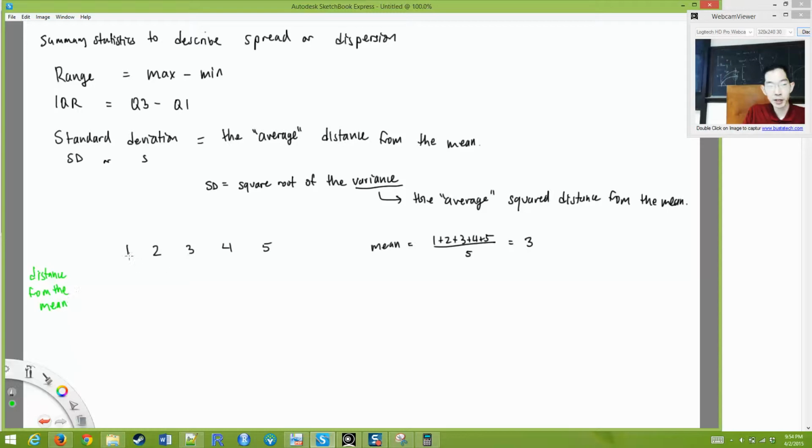Okay, so how far is 1 away from the mean of 3? Yeah, so the mean is equal to 3. So 1 is 2 units away. How far is 2 from the mean? 1 unit away. How far is 3 from the mean? 0. How far is 4 from the mean? 1. And how far is 5 from the mean? 2. Okay, I guess technically there would be negatives, but it doesn't really matter because we're going to be squaring